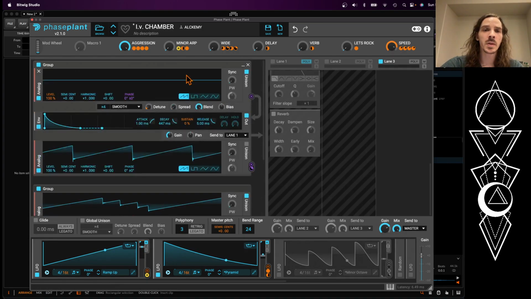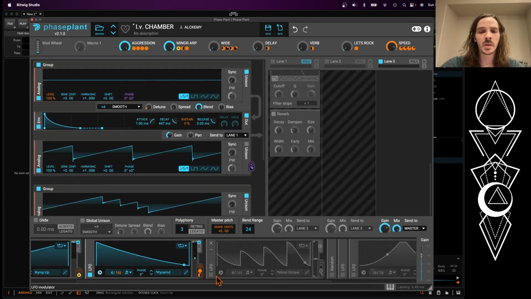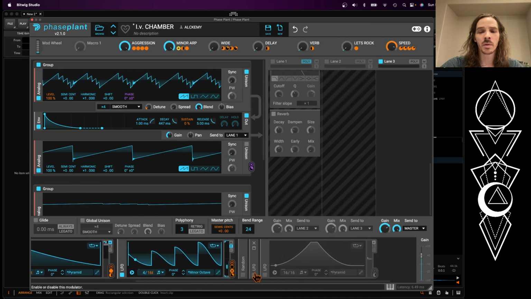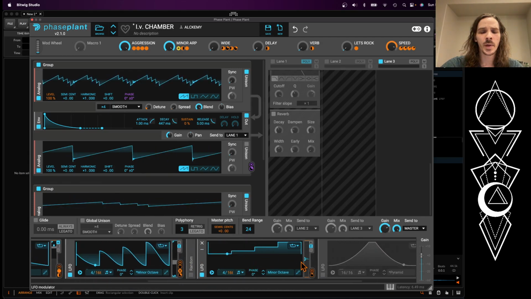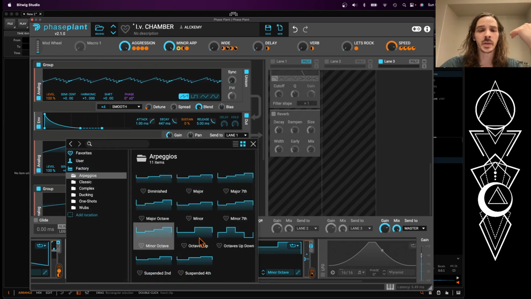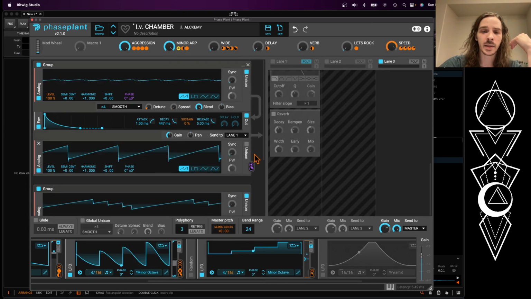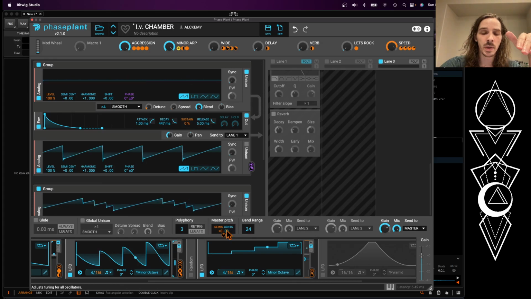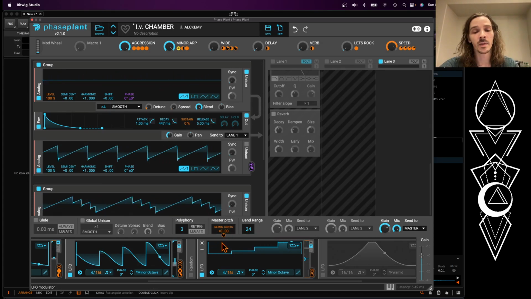So the next part to this is really the magic, I guess, if you will. What this is doing is a couple of things. First off, we have this LFO shape that's set to a minor octave. And what this is doing is being mapped to the semitones, or sorry, an octave here. So that way, if I just push one note,